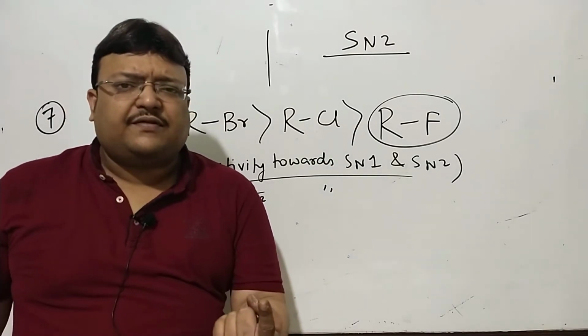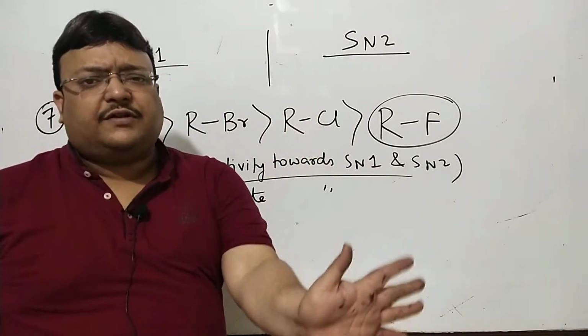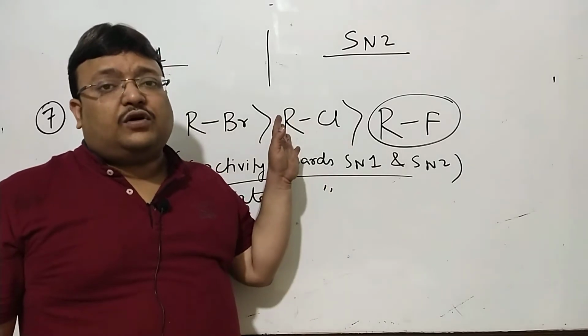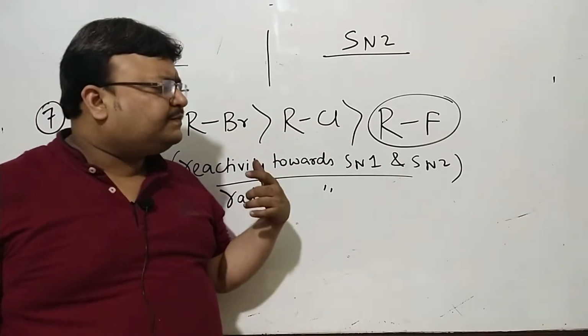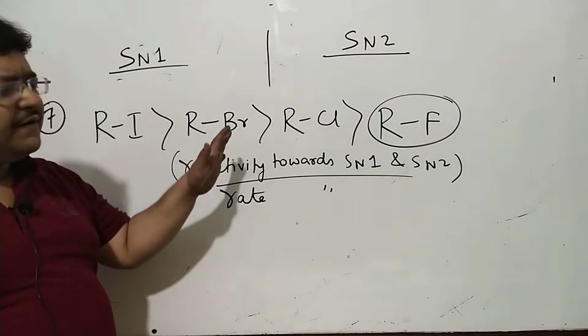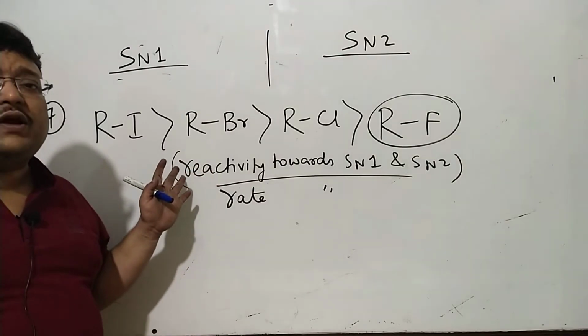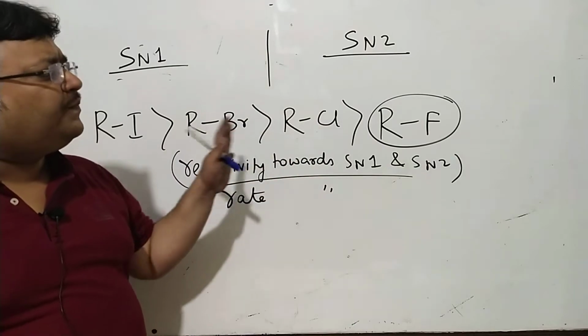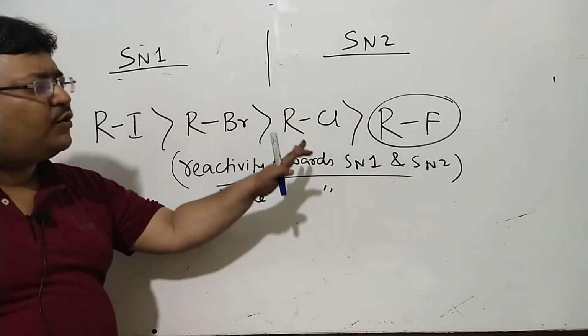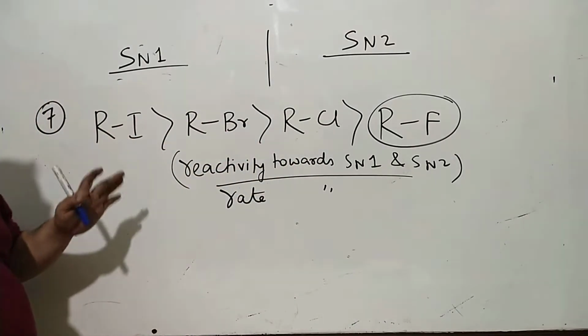SN2, it's a one-step process only, so naturally this is the bond which is broken there. SN1, it was the first step where this bond was broken. So a difference in bond energy will be reflected in the rate or reactivity, because this is being broken both in SN1 and SN2 in the slow step, and again this point is common to both.